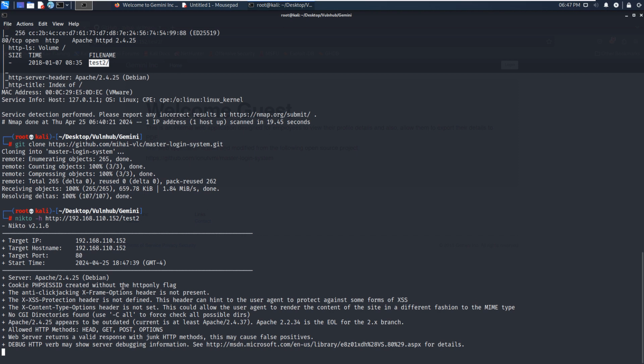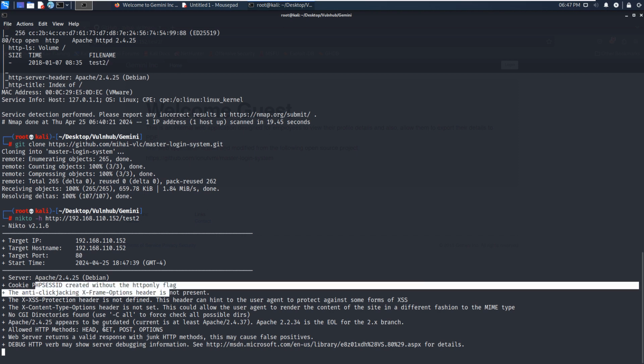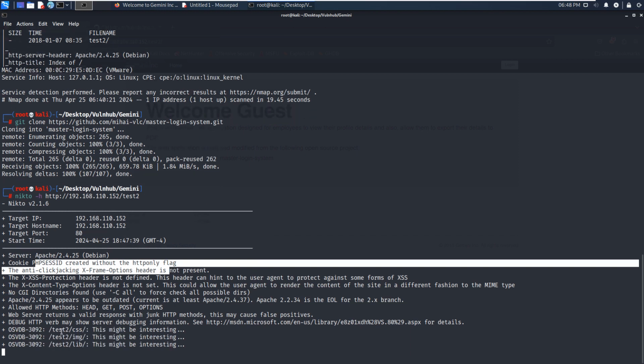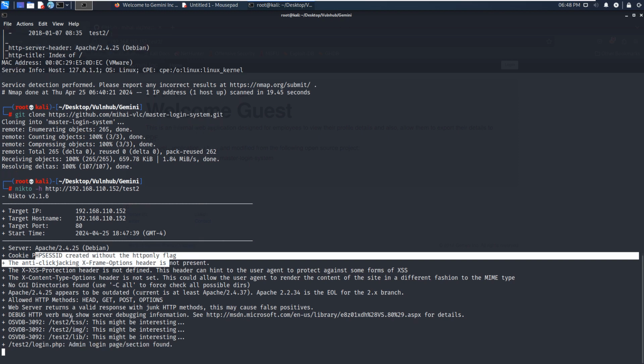rich information. For example, the version information and also the header information, and even sometimes the exploits if the application has any, and also the common files or directories. Although it's built in with a list, it's a bit small compared to other much more professional or bigger word lists. As you can see, Nikto discovered some directories like CSS, image, lib, and also gives us